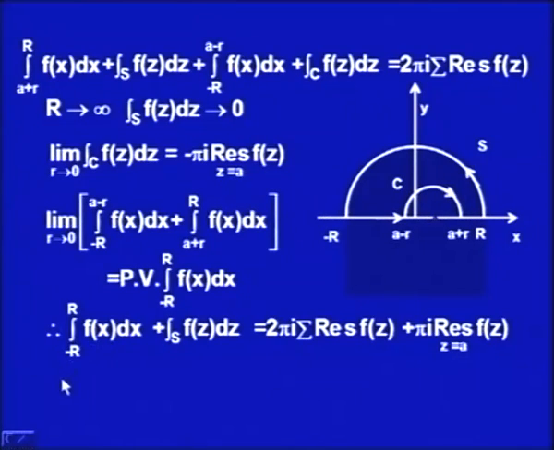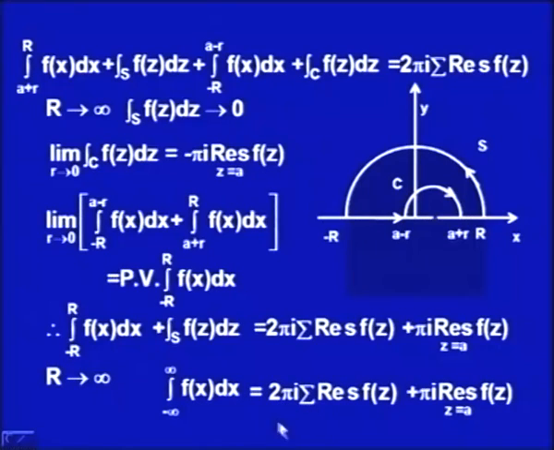Now, if I take the limit as capital R approaches infinity, then this integral would be the integral from minus infinity to plus infinity of f(x) dx plus this term approaching 0, because we know that as capital R approaches infinity, the integral along the semicircle S of f(z) dz approaches 0. I would get 2 pi i times the summation of residues of f(z) plus pi i times the residue of f(z) at z equal to a, where the summation is over all the poles in the upper half plane of the function f(z). So, we have got now